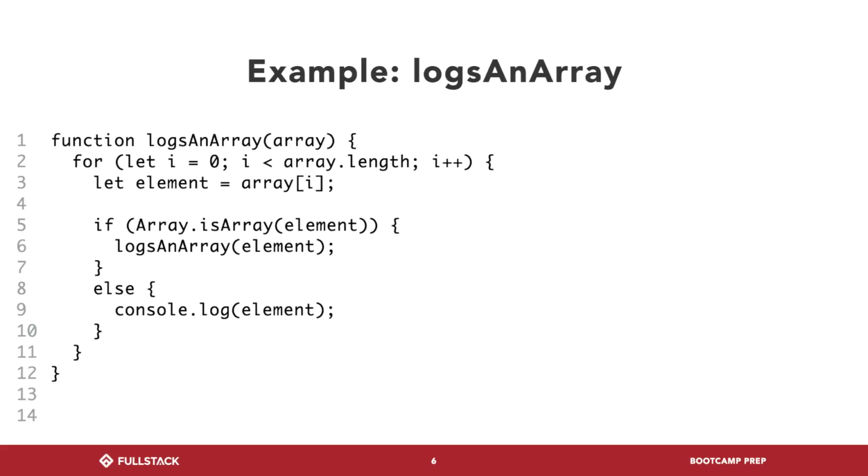So if we add this if statement that says, hey, if this element is an array, well, ideally it'd be really great to have a function that takes in an array so it could print out everything for us, which is exactly what we've already written here. And so now, if you see on line 6 there, we're actually calling the logsInArray function again within it. And we know this is valid because we've already confirmed that element is indeed an array. Array.isArray is going to give us true if we pass in something that is an array. And then we're saying, great, I have a function I've written whose job is to log an array. Here's an array. Go knock yourself out.